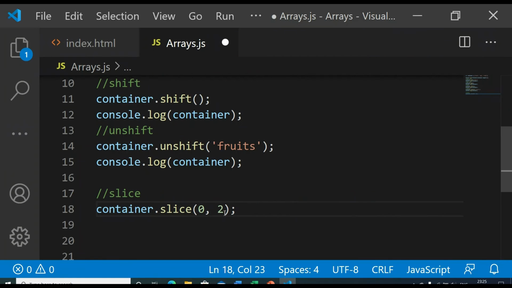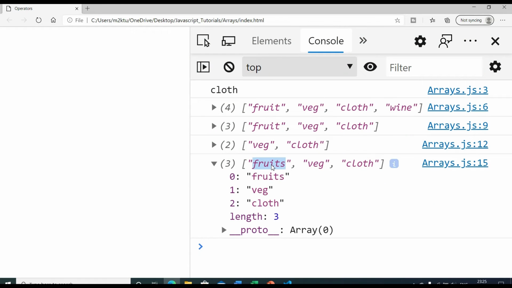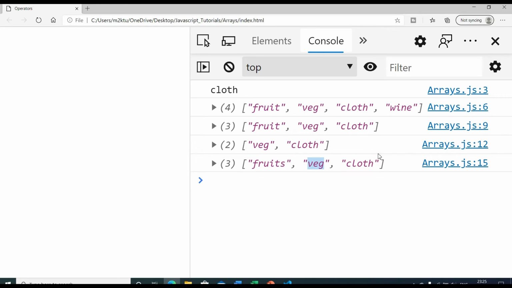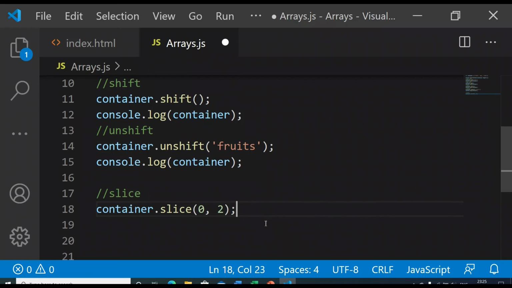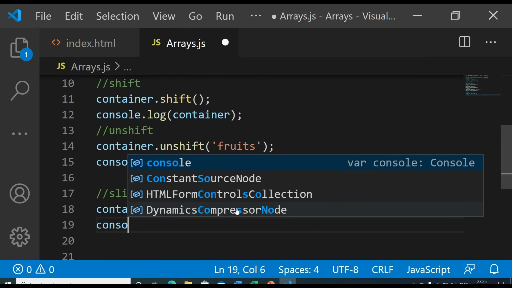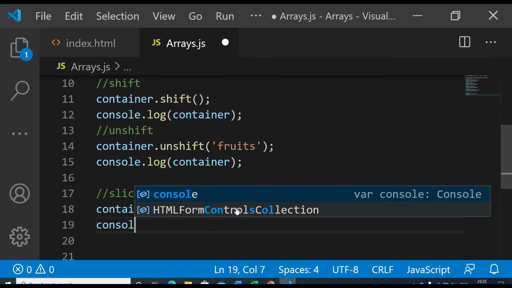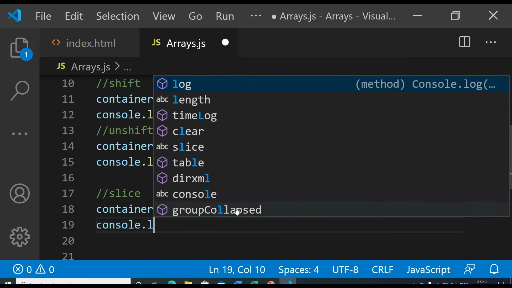So if you write 0 comma 2, it will take fruit at 0, and it will take 1, and it will spare the last one which you have given as the end index. After that it will return you one new array, so it will not affect your original array.